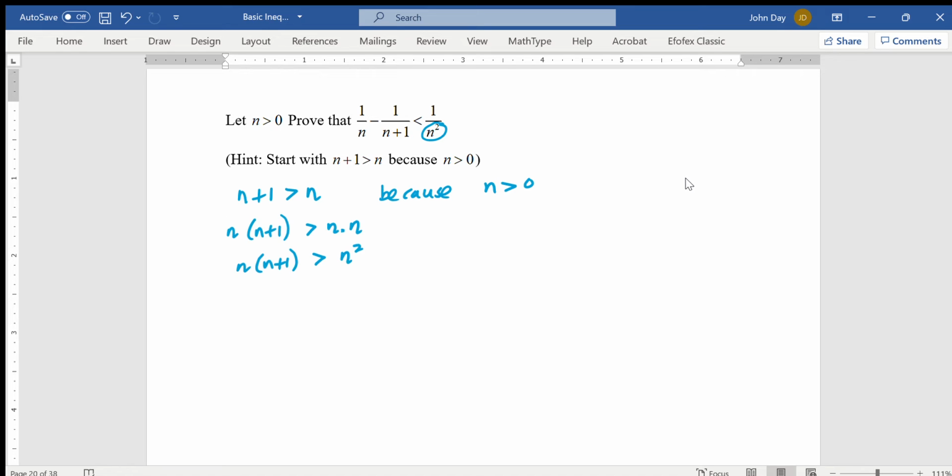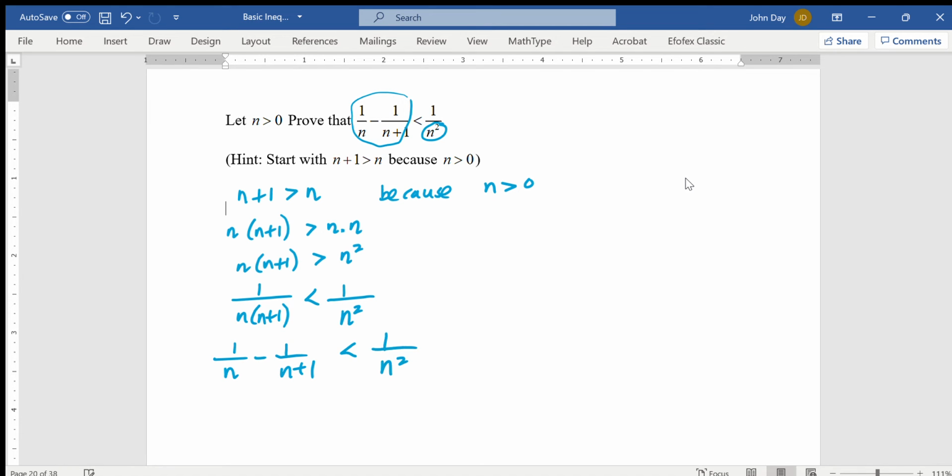All right, now the n squared is supposed to be on the bottom, so let's put that on the bottom. But if you're going to have that on the bottom and that on the bottom, we know from the previous question that we've got to reverse the direction of the inequality sign. So that's the case there. And now we can see we've got ourselves a common denominator of n plus 1 that's been made from that there. So that must be equal to 1 on n minus 1 on n plus 1, which is less than